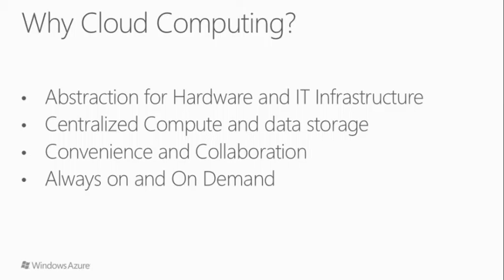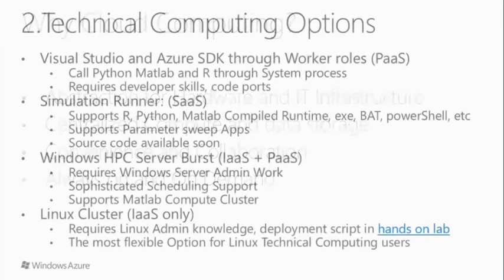And centralized computing and data storage. The idea is that if you have all the compute and data stored in a central location, you suddenly have the ability to give access to your collaborators, which is extremely convenient for any type of collaboration that you want to do. And finally, the always-on feature is really important. The fact that your service is always going to be running, unless you turn it off, of course, and guaranteed to work. Essentially, the downtime equals about maybe two or three hours per year.